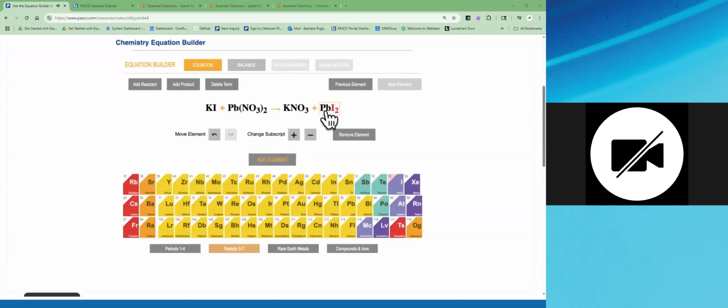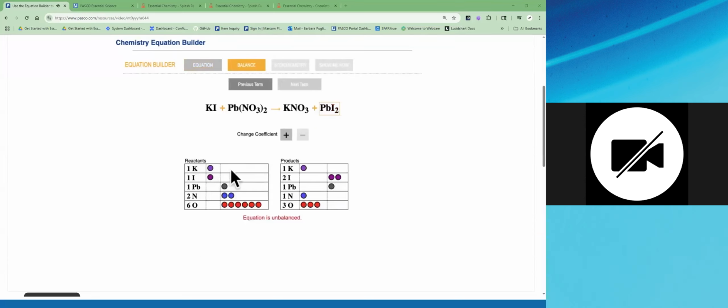The equation builder does not tell you whether you're correct or incorrect, but it does allow you to move on and try to balance your reaction, and it shows the visualization of the law of conservation of mass. So you can see that reactants and products have equal amounts of potassium, but there's more iodine in the products than in the reactants. So when I go to the reactants, I can find the term that has the iodine,